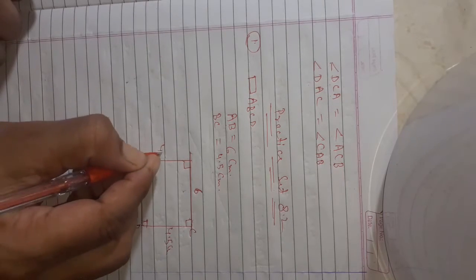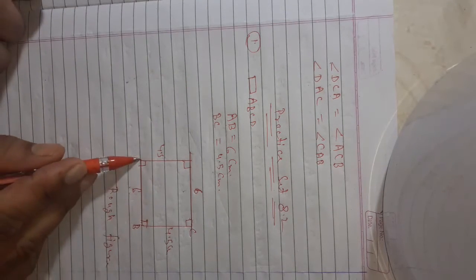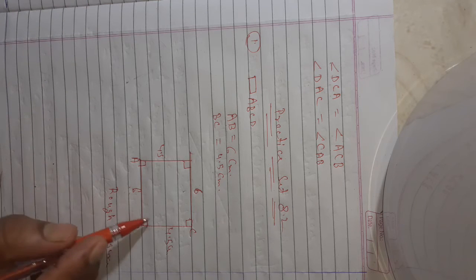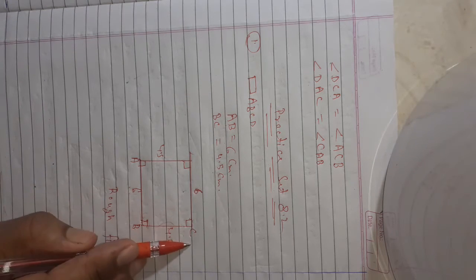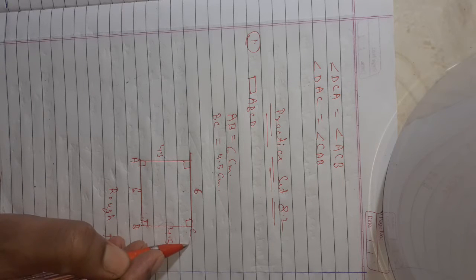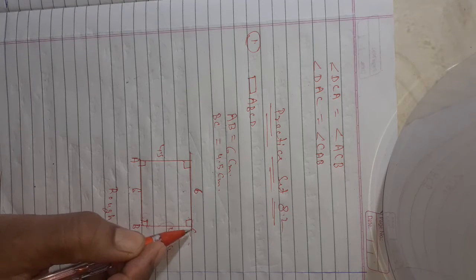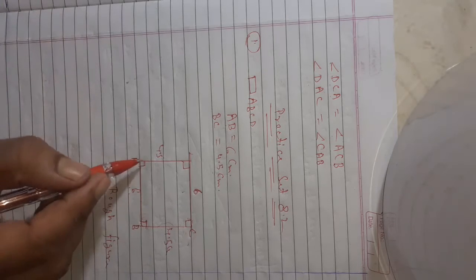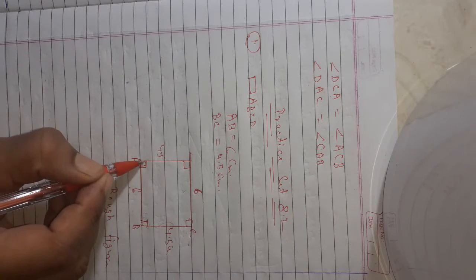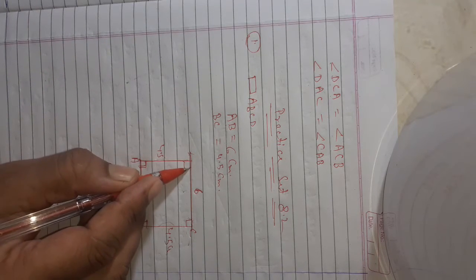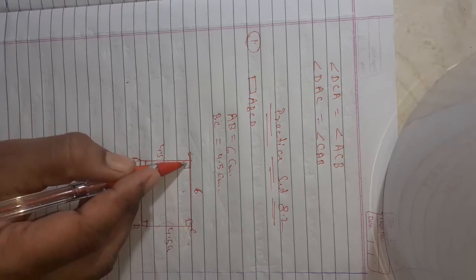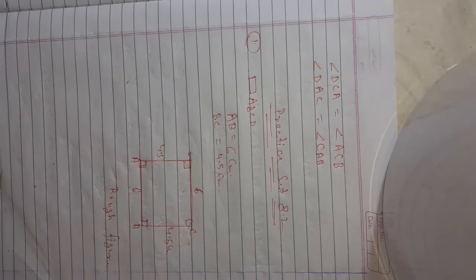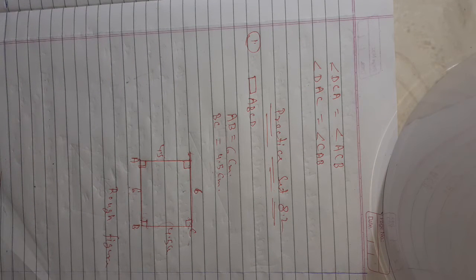Here 4.5. Okay. So first of all, what you will do? You will draw a 6 centimeter line. Then you will make 90 degree, and then you will draw this line, and you will cut a 4.5 centimeter arc. Same as here also, you draw 90 degree this line, and here also you cut a 4.5 centimeter arc. Then you made these lines. So it will be your rectangle.